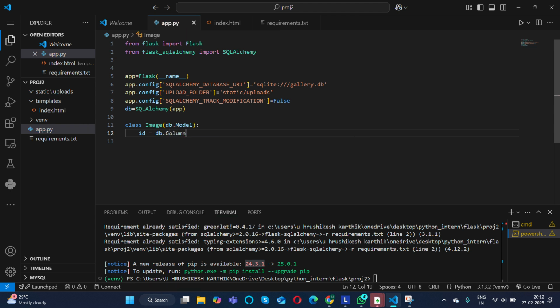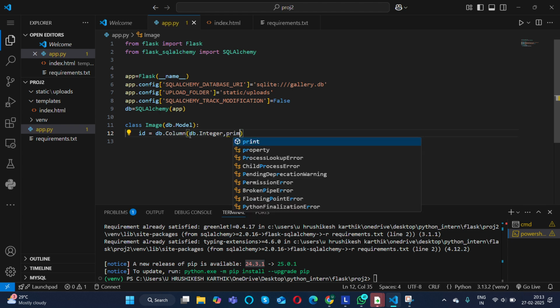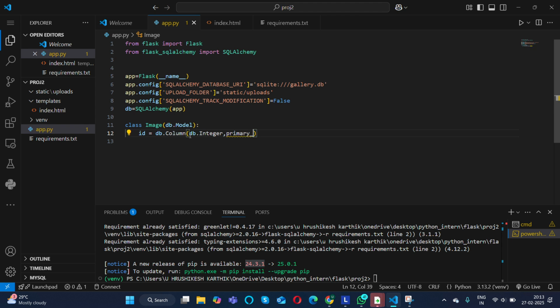db.column. So as a table has rows and columns, this is a structured query language. It uses a table to store. I'm initializing a column, which should be db.integer. Basically, id deals with integers, right? Integer, and it is a primary key because we don't hard code it directly, id1, id2, id3. It automatically takes, so it auto increments. I'm making it a primary key. Primary key equal to true. Need to set it true.